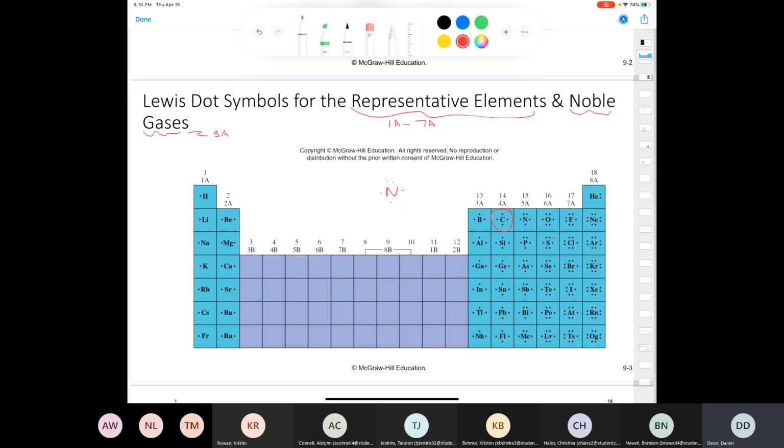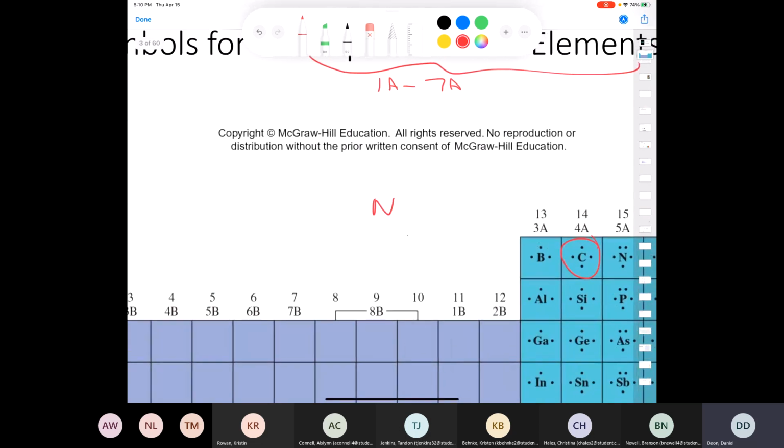Some other nuances that students have asked me about in the past: students can sometimes really get into splitting hairs. And I know what you're thinking, well, instructors can too. Let's say you had nitrogen. Again, it wouldn't matter if you had the pair of electrons on this side. It doesn't really matter, that's not important. If you were to put the pair of electrons over here like that, as long as you have the maximum